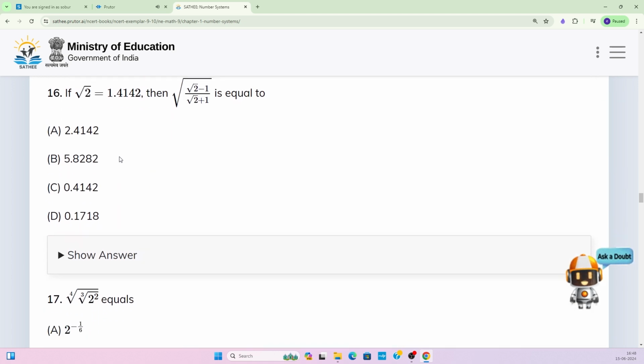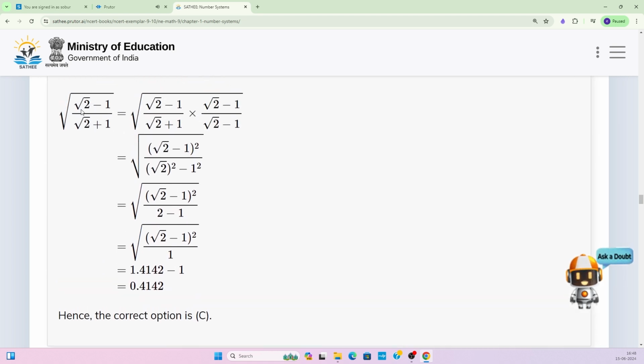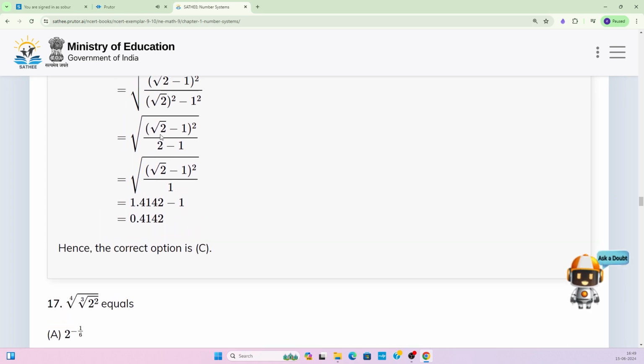So in the next problem, if √2 is 1.4142, then the square root of (√2 − 1)/(√2 + 1) is equal to what? Okay, so let us check. Here the square root of (√2 − 1)/(√2 + 1) is equal to the square root of (√2 − 1)/(√2 + 1) × (√2 − 1)/(√2 − 1). Okay, and this is equal to the square root of (√2 − 1)² divided by ((√2)² − 1²), and this is equal to the square root of (√2 − 1)² divided by (2 − 1), and this is equal to the square root of (√2 − 1)² divided by 1,